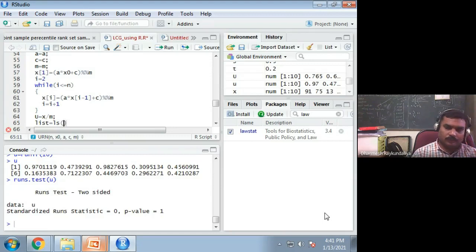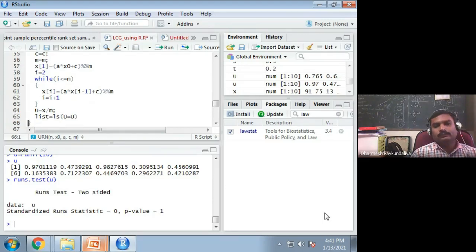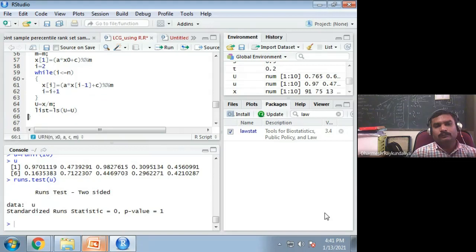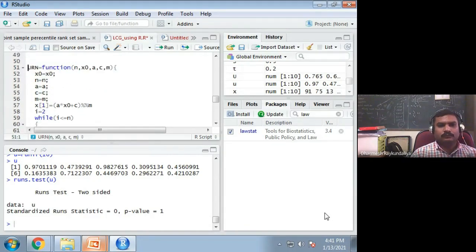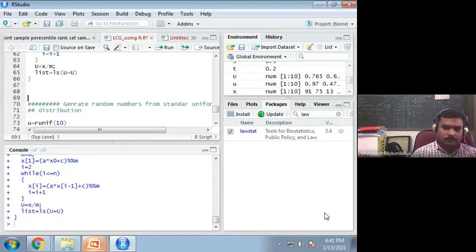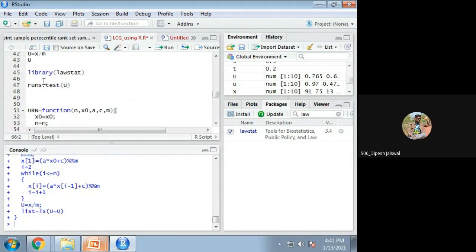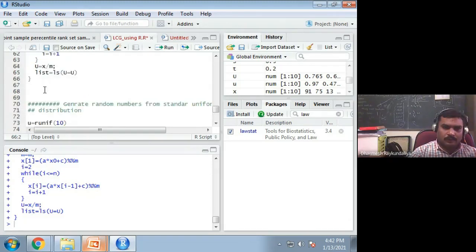I forgot this command. So this is working, and the function name is URN. Let us see what happened.